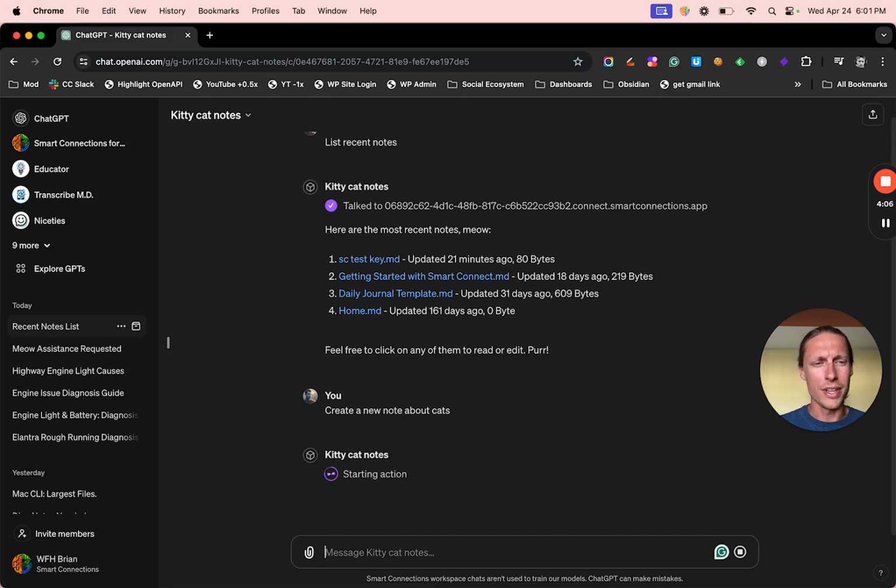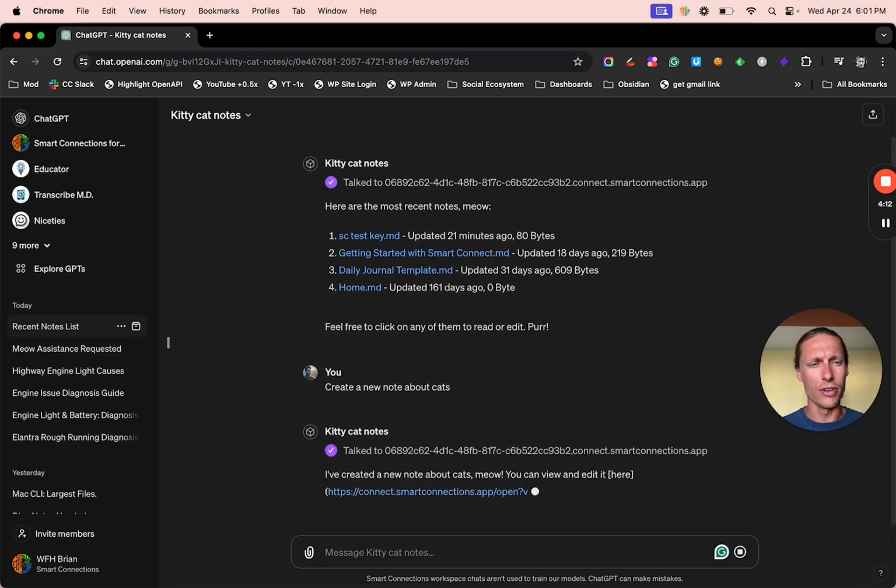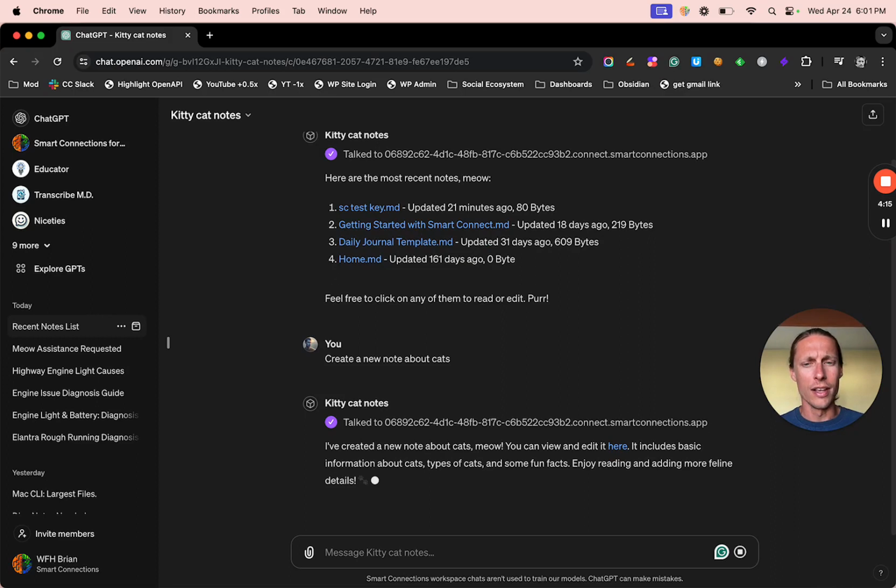So while it's doing that, you might notice that there were quite a few actions available that aren't actually listed yet. That's because what you're seeing in Smart Connect is specifically for the Obsidian Notes GPT. So in time, there will be more actions available, and you'll be able to customize how these actions work. For example, the actions that are specific to notes that are used by the Smart Connect Obsidian GPT, those are